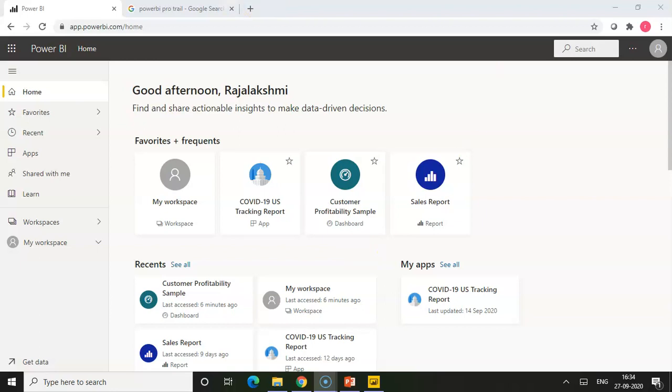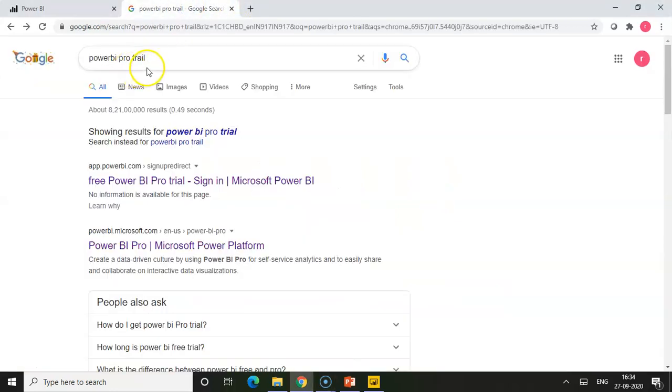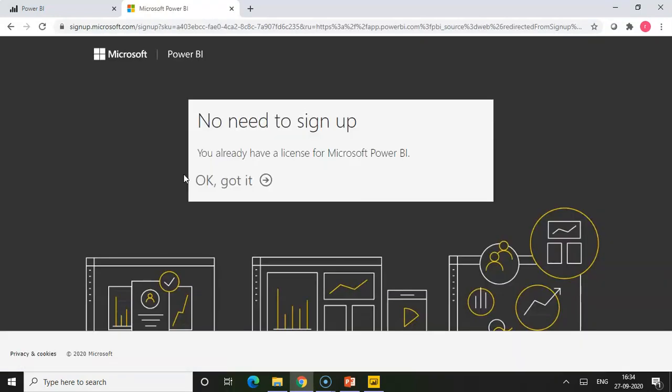If you just Google it for Power BI Pro trial, just open the first link. It will ask you to sign up with your Microsoft account. Since I have already signed in, it is showing me like this. But when you are doing it for the first time, it will ask you to sign up with your Microsoft mail ID.